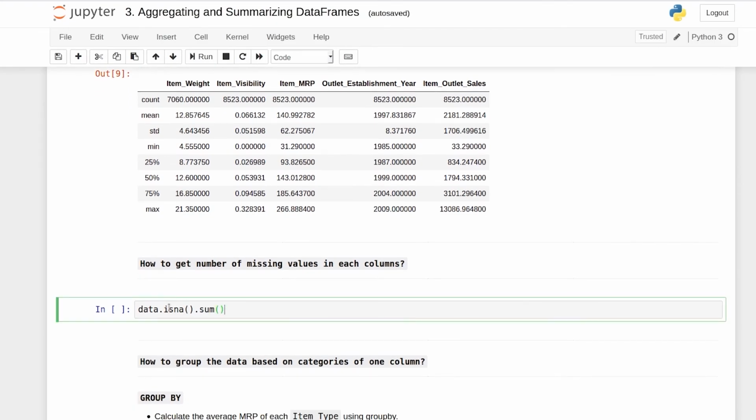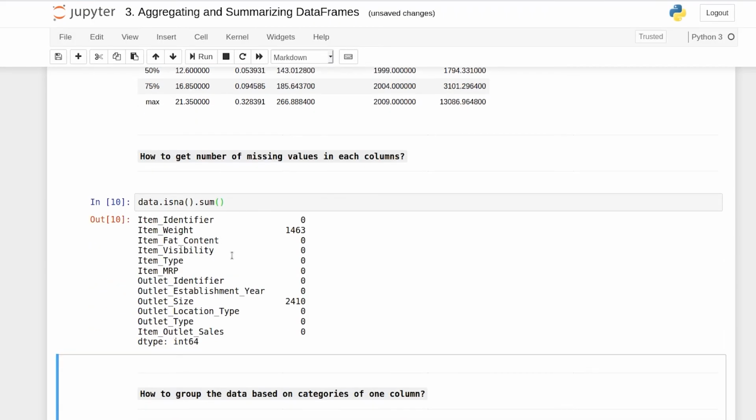Apart from this, you can also find how many missing values are there in all the columns. So this is something that we have seen previously, which is you say the data frame name, you apply the isna function, and then you apply the sum function on that. So this basically tells you how many missing values are there in whatever columns in your data frame. So as you can see, we have missing values around 1400 in the item weight column and around 2400 in